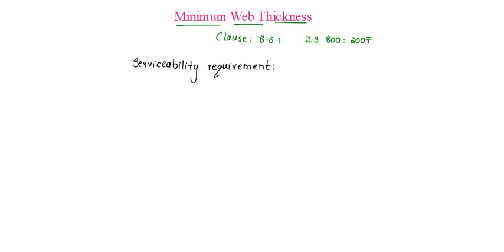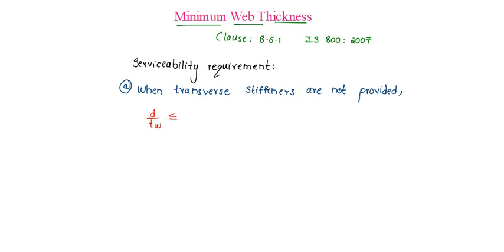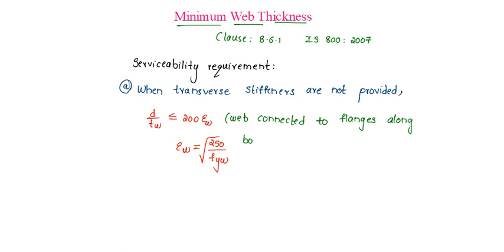in which the first case is when transverse stiffeners are not provided, then d by tw should be less than or equal to 200 times epsilon w, where epsilon w is under root of 250 by fy of web. This is when the web is connected to flanges along both longitudinal edges,